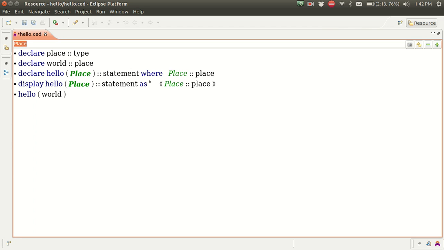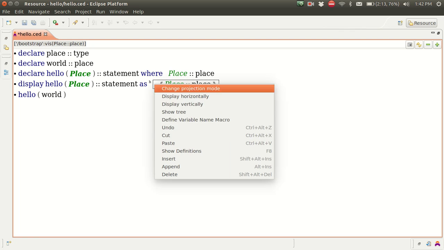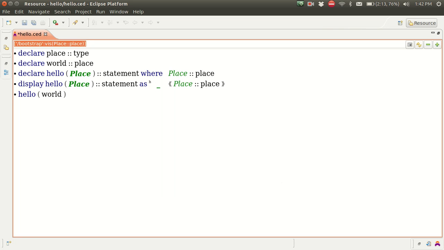And it proposes a projection definition. Display hello place as a horizontal layout containing place. Now this is not exactly what we want. We want it to be hello place. So we click here and insert. This is actually a list, and we insert an element to the list, and here we enter